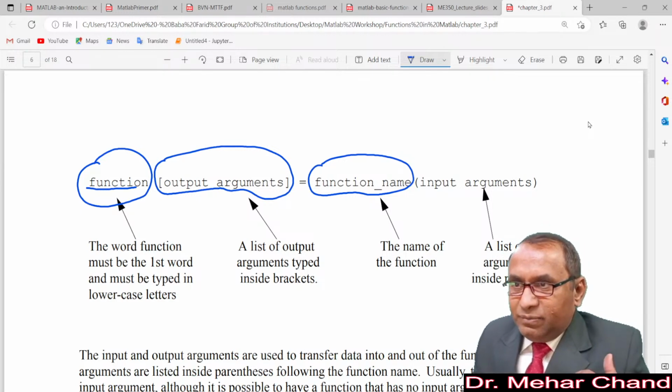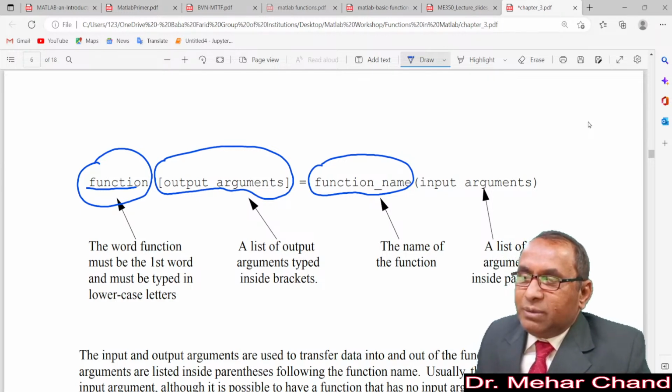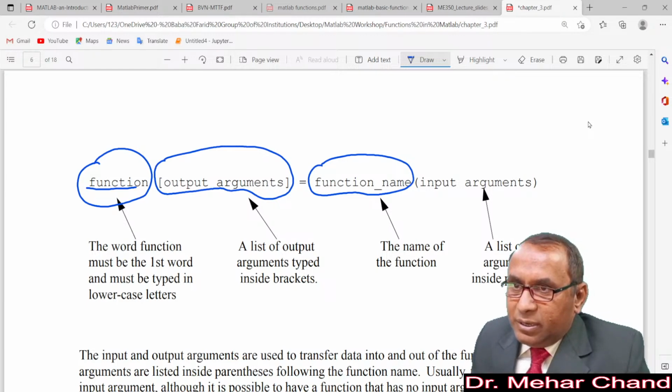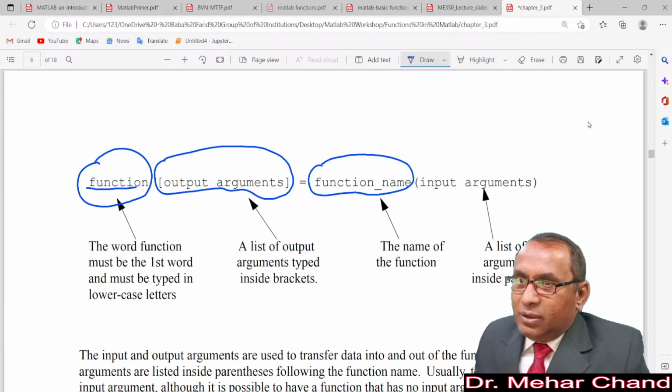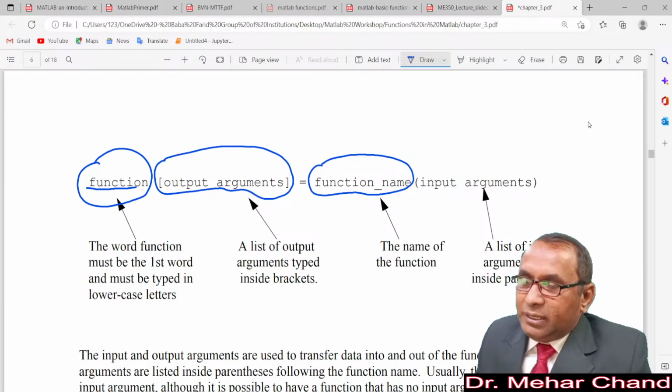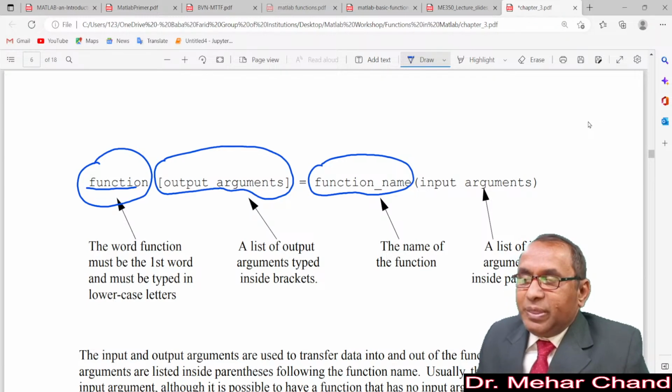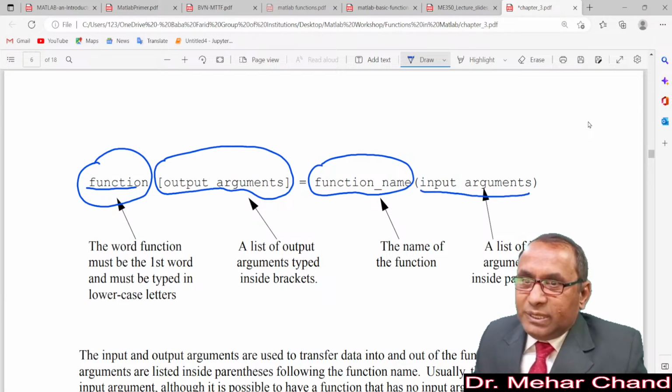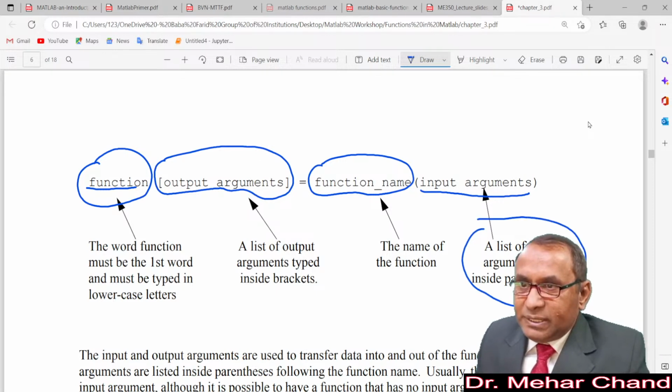And a function always involves some input arguments, one variable, two variables, three variables, and there are several multiple variables, as well as some types of parameters also. So all the input arguments will be at this place. This is the list of input arguments typed inside the parentheses, and